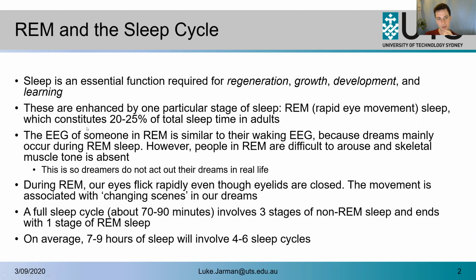And in terms of what an electroencephalogram looks like of someone who's sleeping, it is vastly different to their awake stage, but with rapid eye movement, your REM stage of sleep, it is actually very similar to your waking EEG, which is quite interesting. And this is because dreams mainly occur during REM sleep. You may have come across that before. What's interesting is that people, when they're dreaming, have these perceptual experiences that they believe are real, but they can be difficult to awaken.